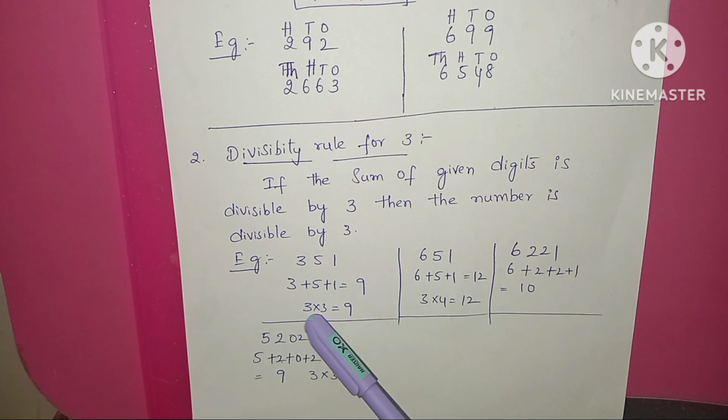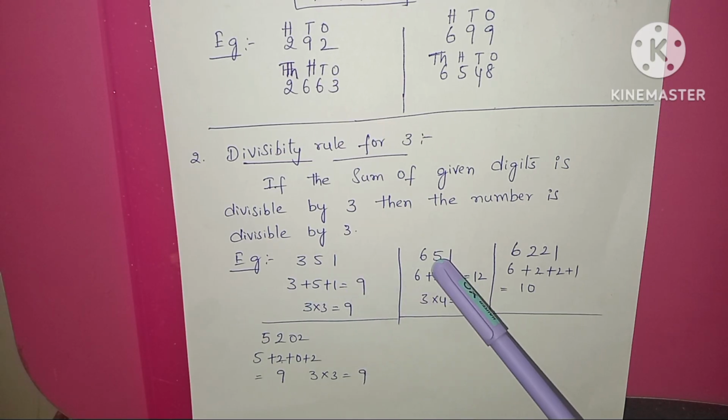So 3 3s are 9. This number 9 is there in the third table, so it is taken as divisible by 3. Coming to another example,